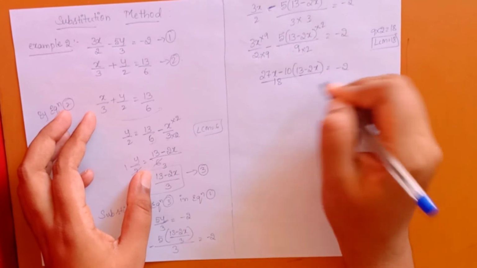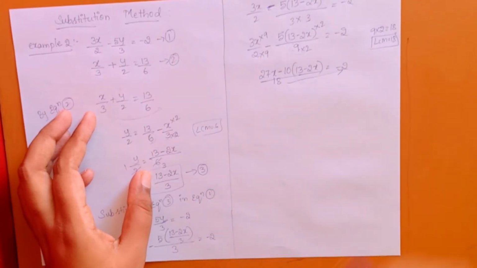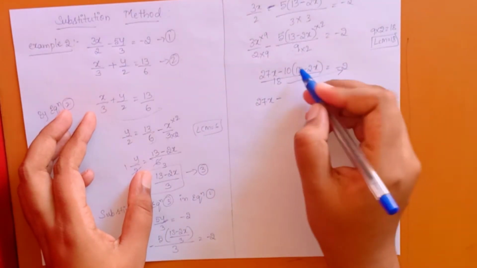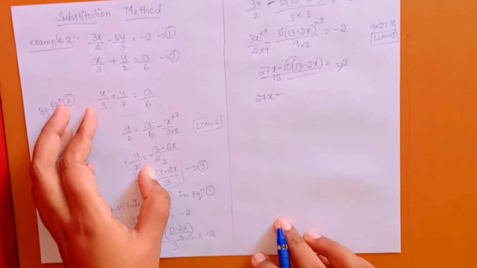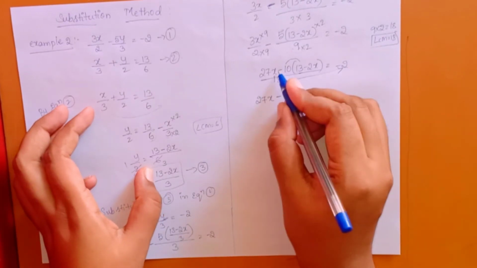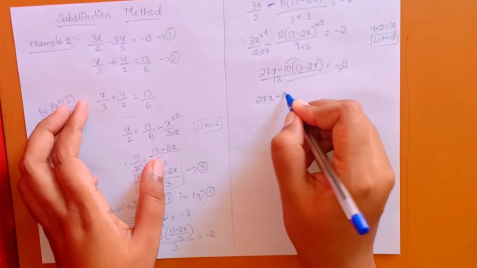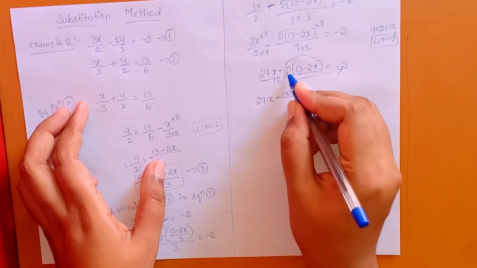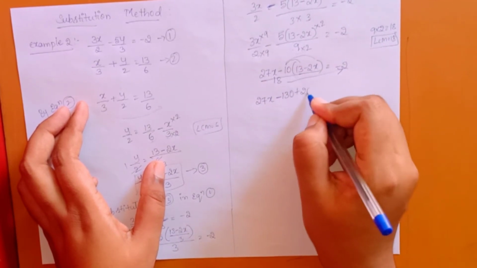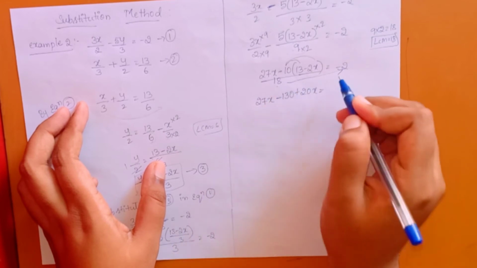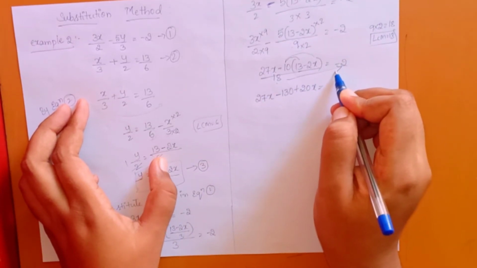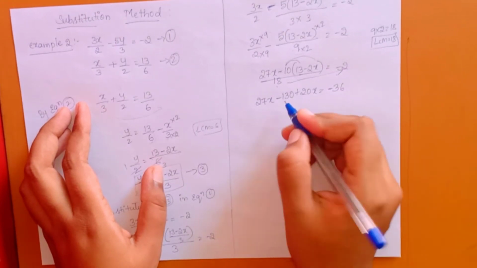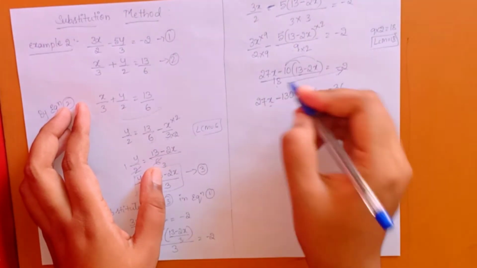is equal to minus 2. Now we will cross multiply the denominator with this term. So we'll get 27x minus 10 into 13 we will multiply. So we'll get 130, but here we have a minus, so therefore minus 130, minus into minus plus, 10 into 2 will get 20x is equal to the denominator multiplied with this. So 18 2s are, we will get 36, so minus 36. Now we will subtract or add.